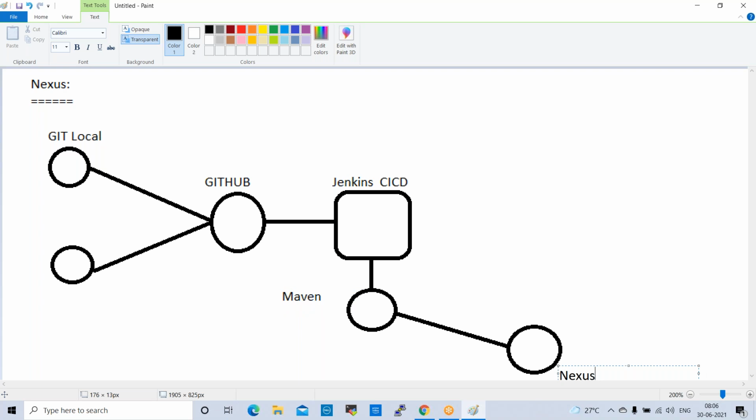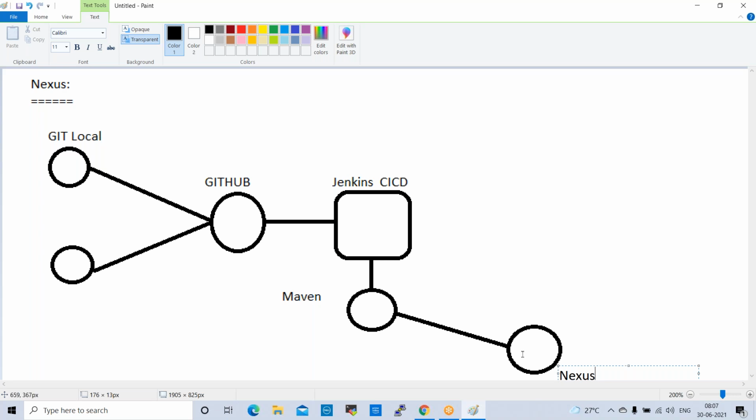So basically, what will Nexus do? Nexus is a repository tool, right? So why do we need this Nexus? To store our artifacts, we require Nexus. To save our artifacts, we use Nexus here. In the market, we have many different repository tools available, but here Nexus is a very popular tool. Most of the projects, 70% of the project teams, are using Nexus repository to store their artifacts, right?